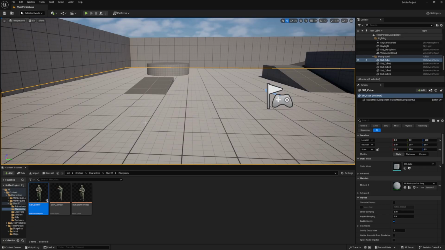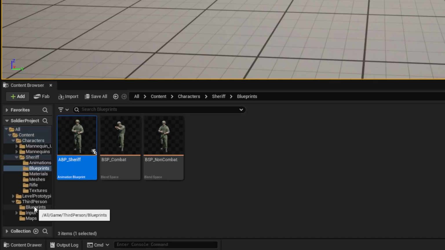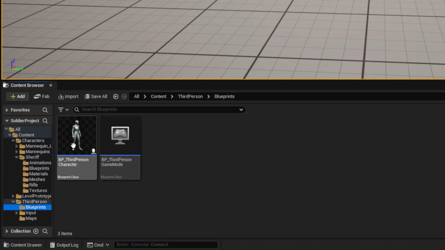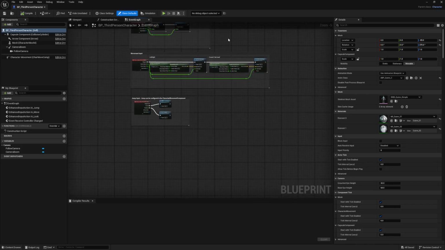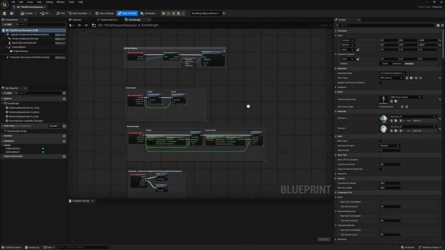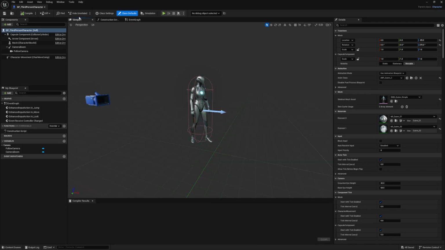Now let's go into the default character and replace it with our character. Down here under third person blueprints, we're going to open this up, double click on BP third person character. Okay, so this is actually the brains of the default character in Unreal Engine. We don't have to worry about this yet. Let's go over to the viewport tab right here, and now we can see a visual representation of the